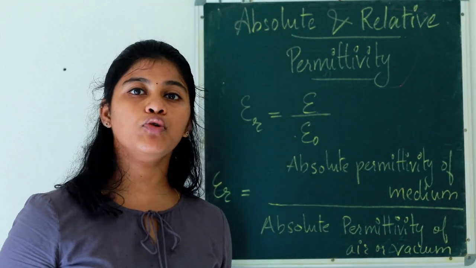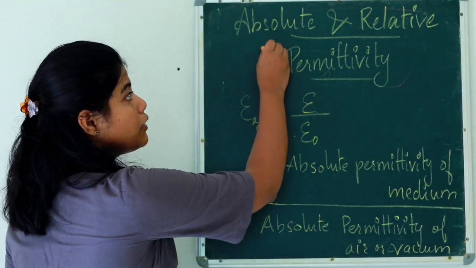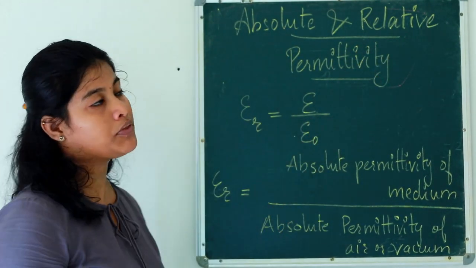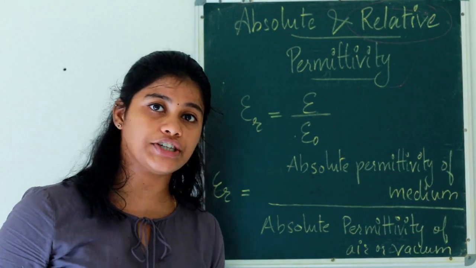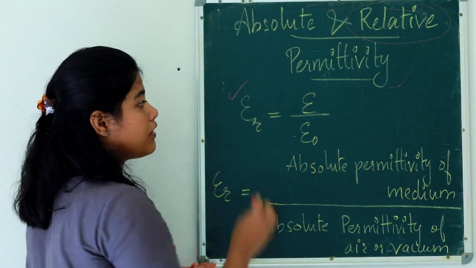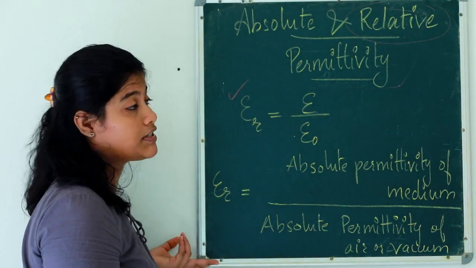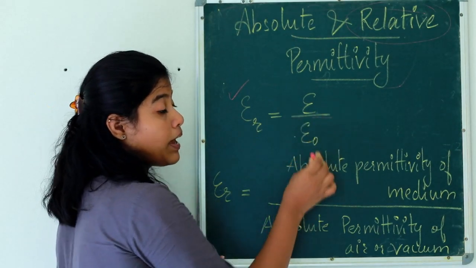Now we are going to move into the second subtopic of Coulomb's law, that is absolute and relative permittivity. The term relative itself shows that it's a kind of relation, that it's a ratio. So epsilon r is termed as the relative permittivity and epsilon r is given by epsilon divided by epsilon 0,